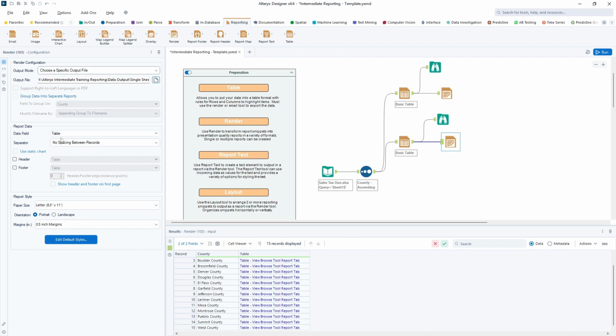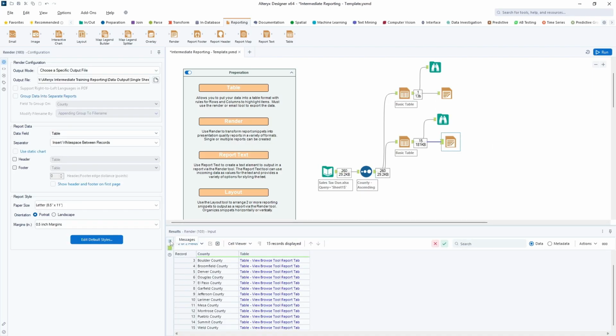All right. So my data field right here, note that I have two data fields. Table is the only one that has a graphic element, so that's the only one that's really going to allow you to choose. There's no space between records. I'm going to choose insert some white space, but you could do a line or a section break. You do have some options in there depending upon what you're doing. If you're doing a PDF, the section breaks might be a little bit better. And now when I run this,